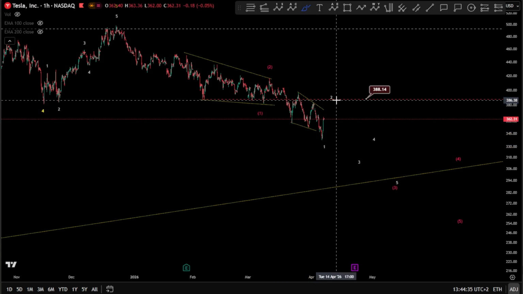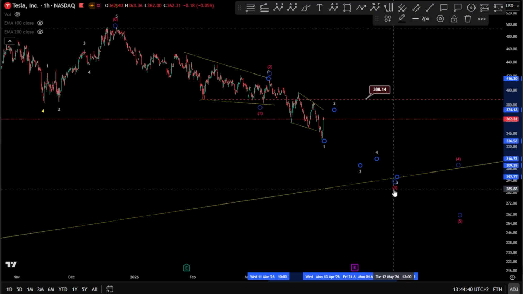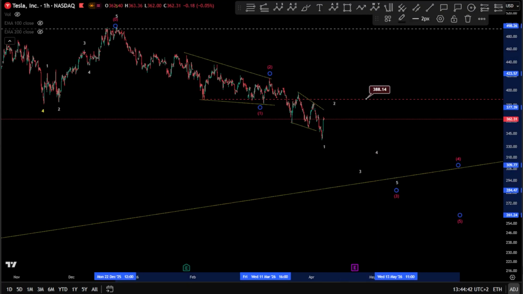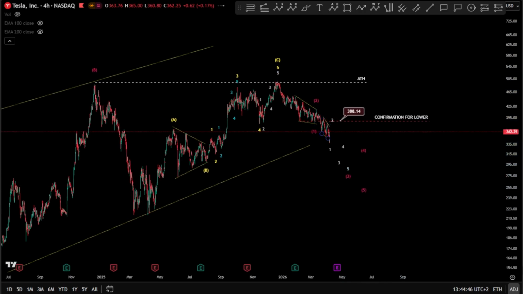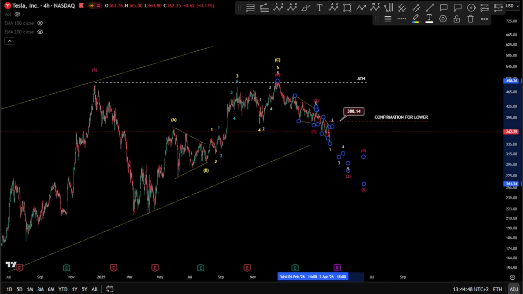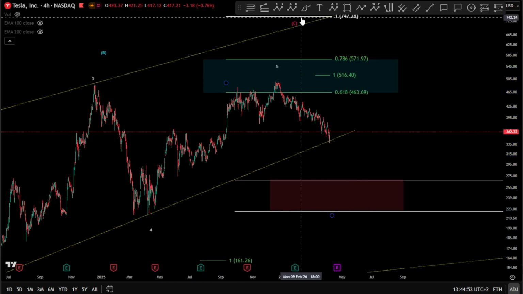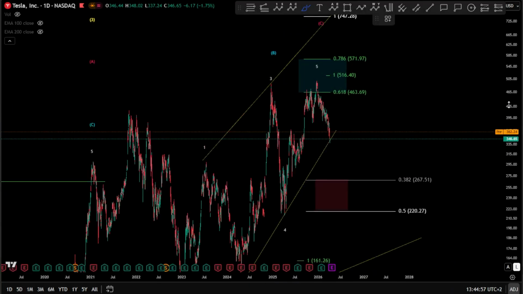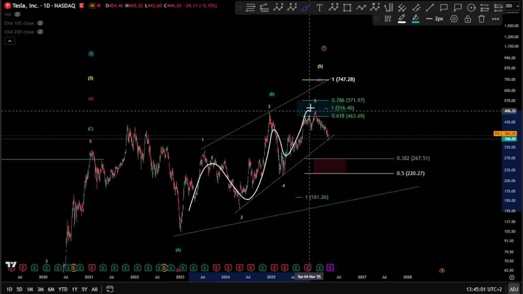But this is a wave 2 still, and the wave 2 can still unfold something for lower in a wave 3. And then because it is the minimum requirement right now, the $267 that we saw already on the daily, this is at least a wave 1, 2 there that it is unfolding here as a wave 1, 2. Here we go. So wave 1, 2, 3, 4, 5 for wave 1.